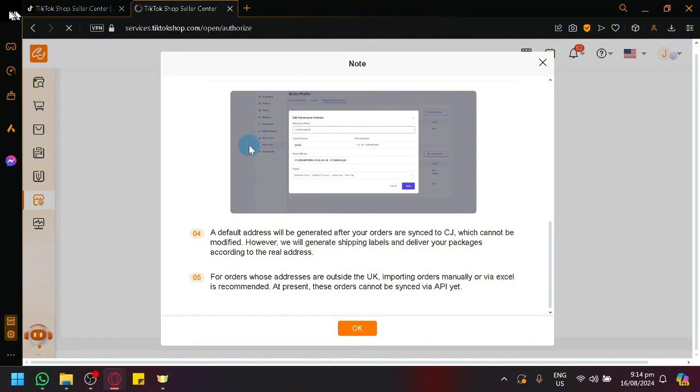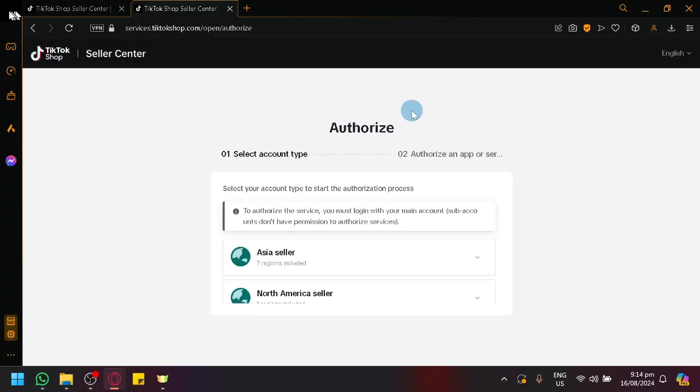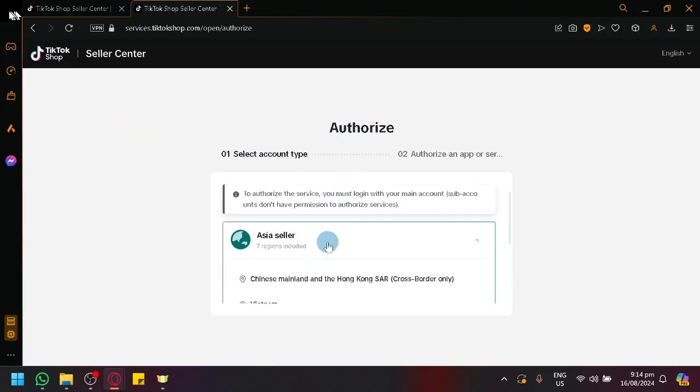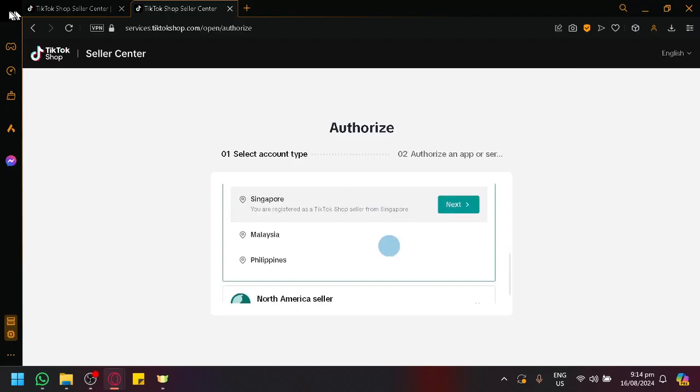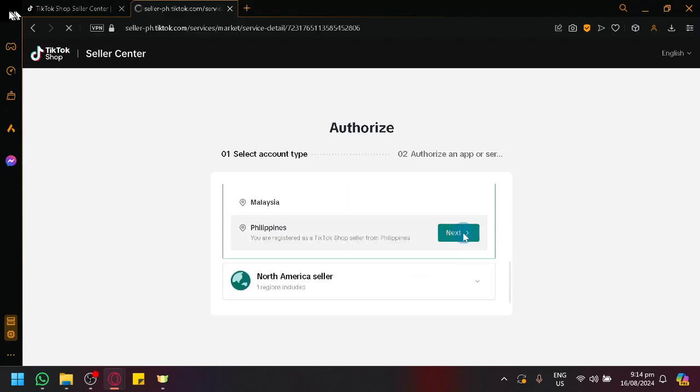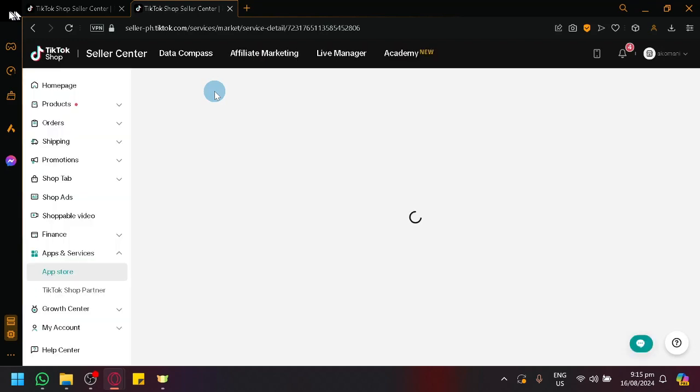basically redirect us to TikTok Shop, because we need to install their app version or CJ Dropshipping version inside of TikTok Shop. So first, log into your account or select the account type that you have. As you can see, there are more options over here aside from the US. And let's proceed. We should be redirected to the App Store, or the page for CJ Dropshipping inside of TikTok Shop. And what you're basically going to need to do in this section is to install the app,